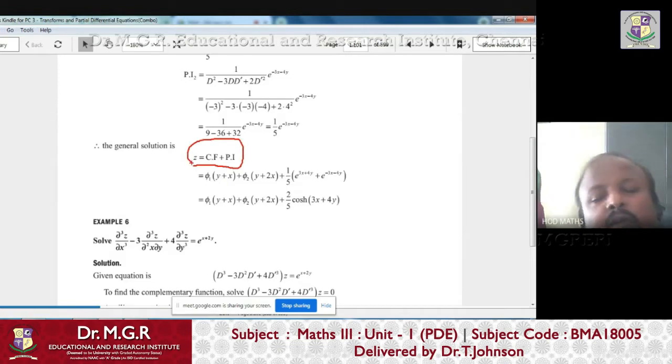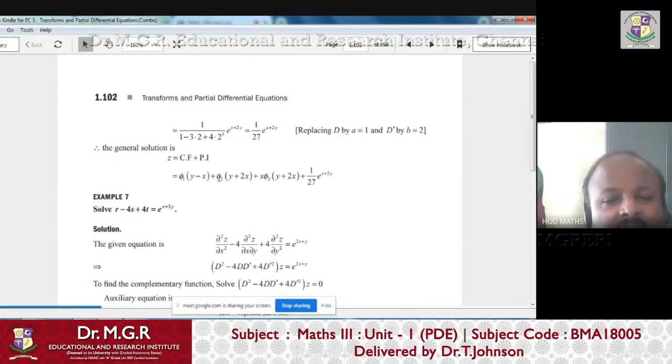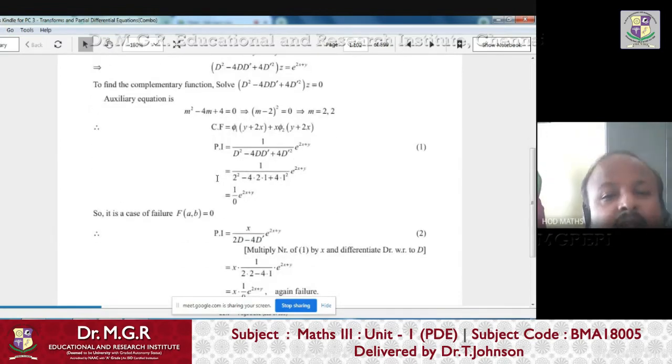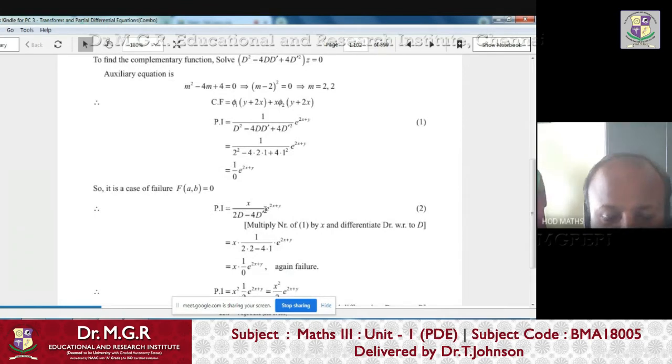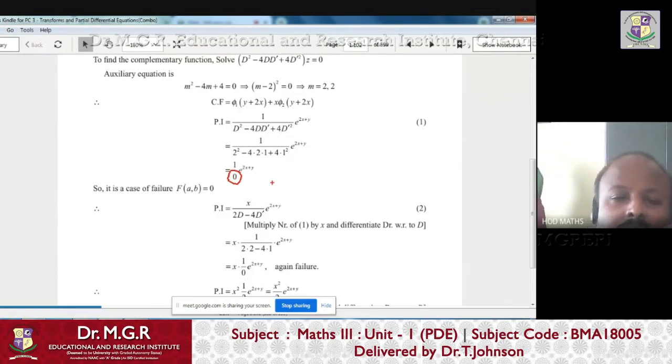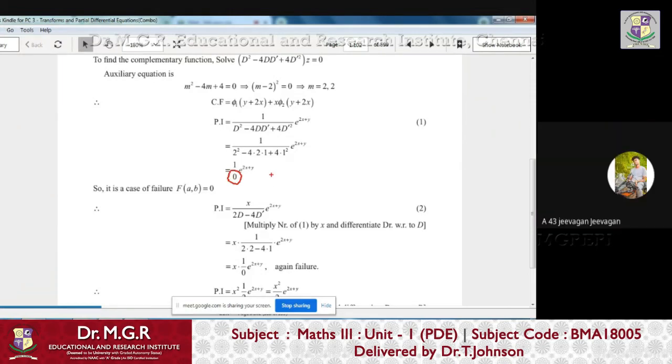But today we are going to see, on the right hand side, when we substitute d equals a and d dash equals b, that is the coefficient of x and the coefficient of y, if the denominator becomes 0, then what do we have to do? There are several methods to tackle this. So one of the methods is,